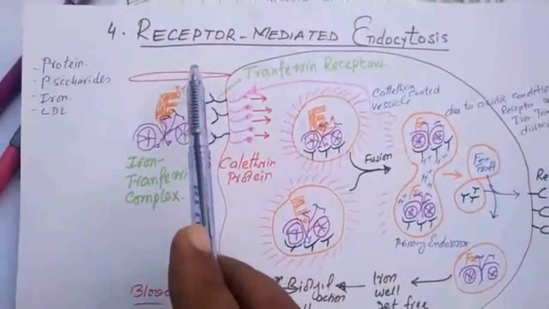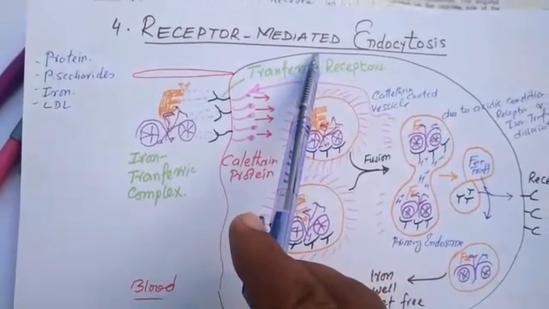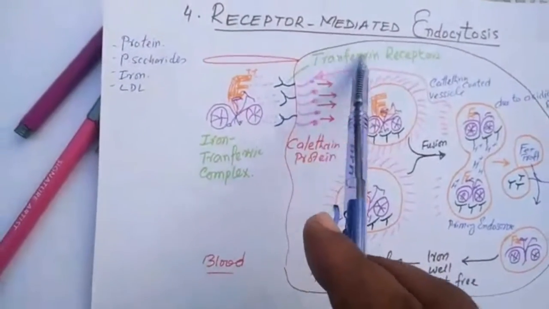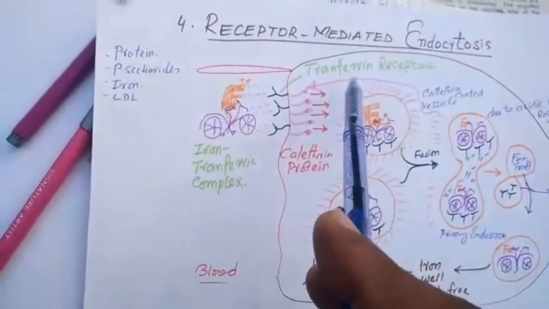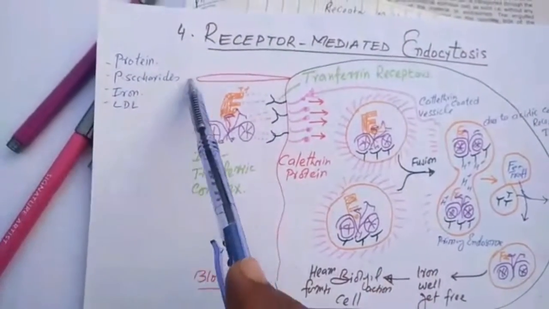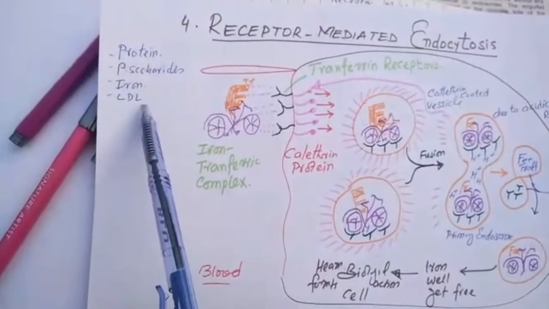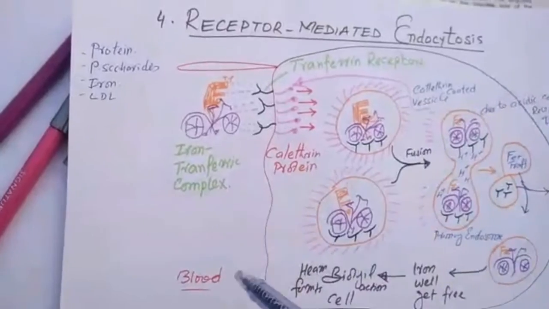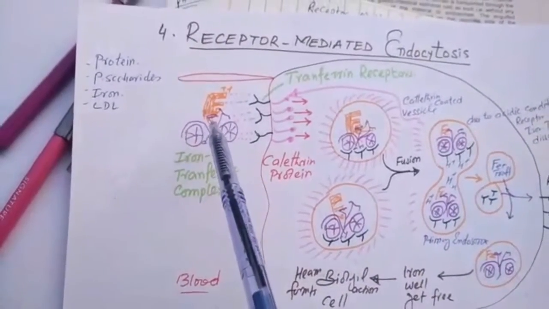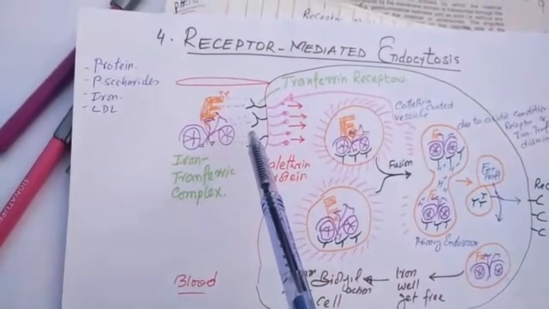Last topic, receptor-mediated endocytosis. This is a subtype of active transport. In receptor-mediated endocytosis, a lot of receptors are present for endocytosis. By this mechanism, protein can be absorbed, polysaccharide can be absorbed, iron can be absorbed, and LDL, low density lipoprotein, can be absorbed. In this case, the ligand binds with the protein, and that complex then binds with the receptor, and